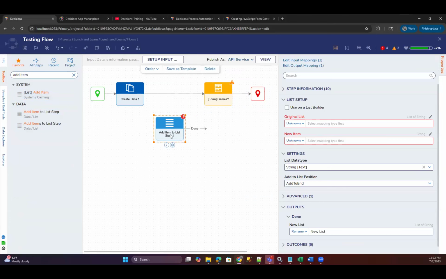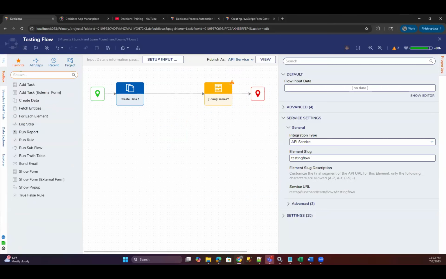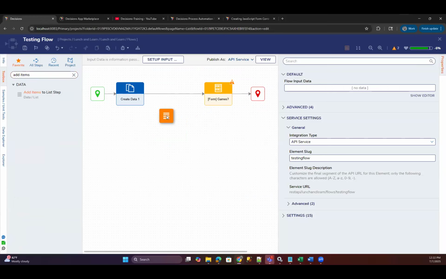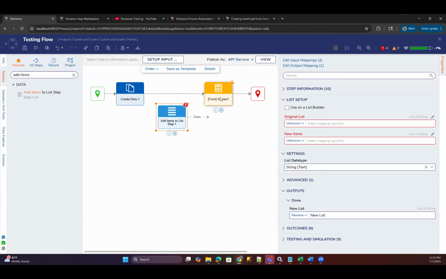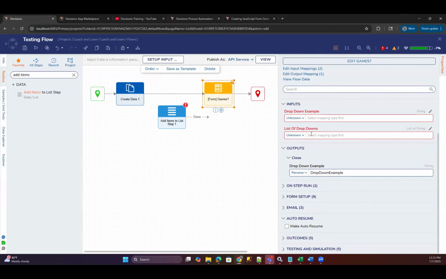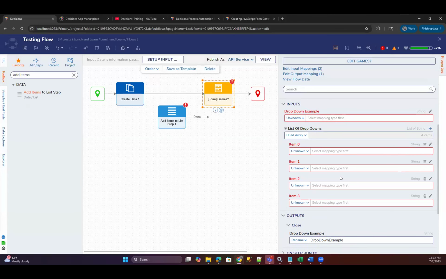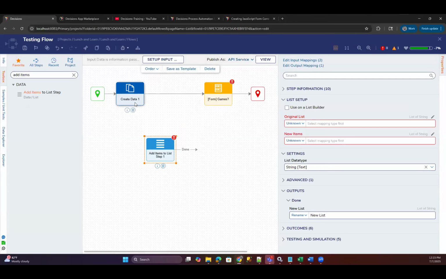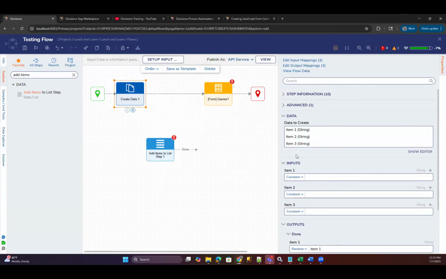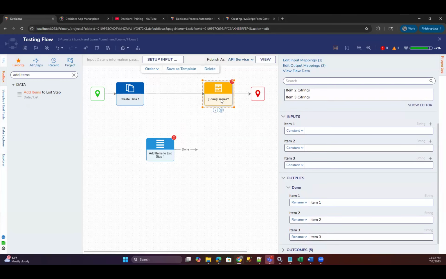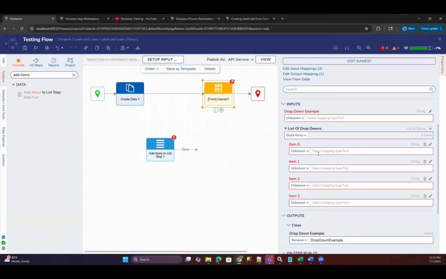You also have the ability to grab anything that has a list as an input. Even if it has a list of strings, if you do build array, it'll expand that list into a single item, and you can individually add multiple items to it by just clicking the plus icon, and you'll add more. So this is a little bit less useful if you have a whole bunch of these things, like maybe 20 items on that first form, then obviously you would have to do this 20 times so it could fill up really quick.